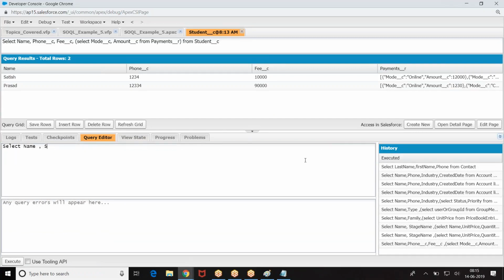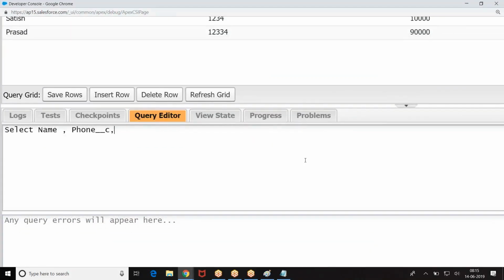Select name of the student, phone, name, phone, from accounts underscore R. Why accounts underscore R? Because the relation between these two objects is created by the user. If the relation between two objects is a custom relation, then we are supposed to go with the child object followed by S underscore R.